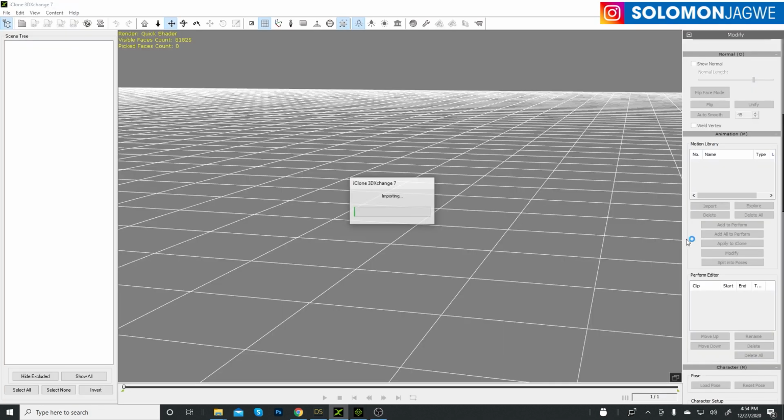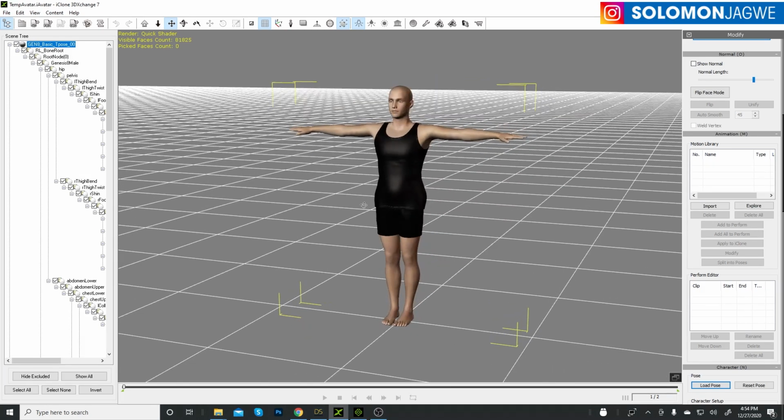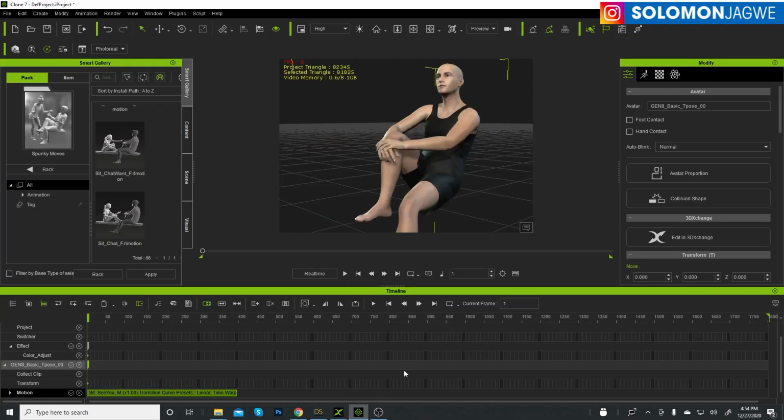So click Edit in 3D Exchange. It's going to be brought in here with the T-pose, and it's ready to receive the mockup file. Okay, and then go back to iClone, and then the collect clip, this